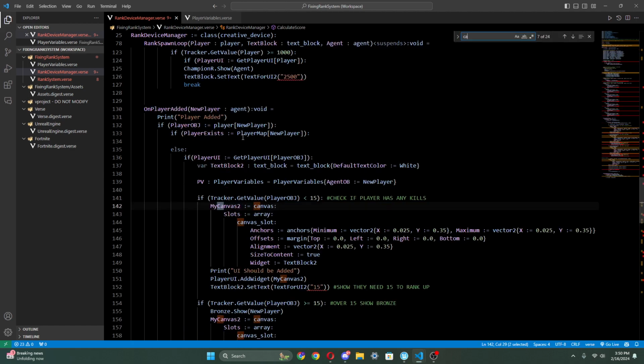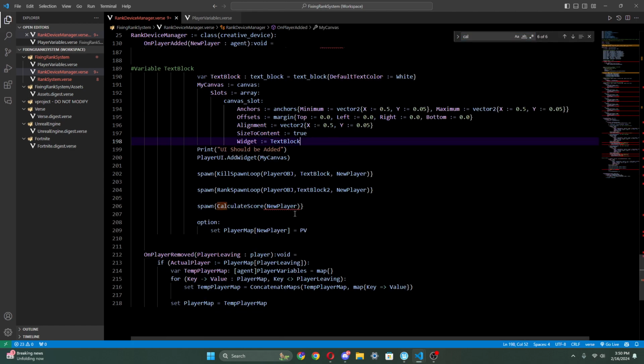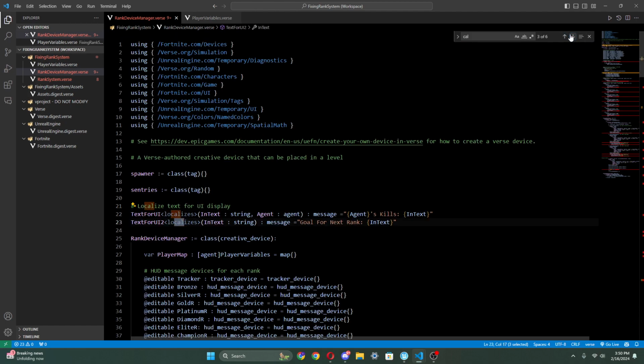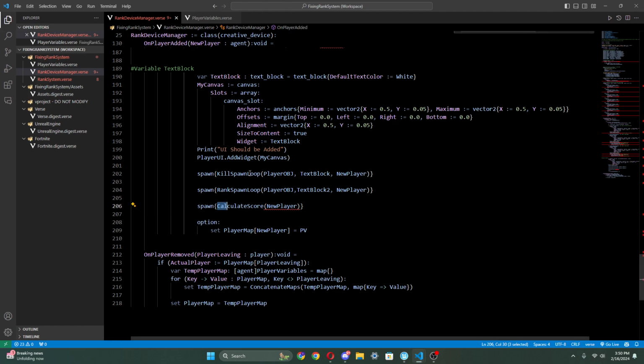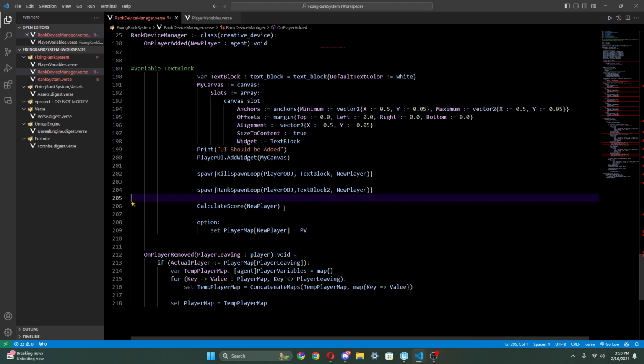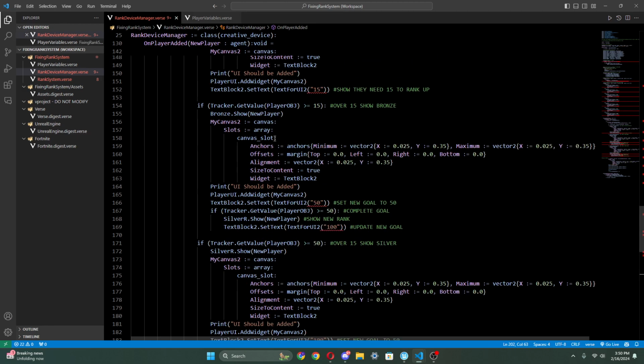So where did you have calculate score before? I don't think you had it anywhere else, did you? Oh yeah, you did not have it anywhere else. Okay, that's fine. We're just gonna go here, and we're just gonna get rid of the spawn. So we don't want to keep doing this. You can just calculate it whenever you want, okay? So now